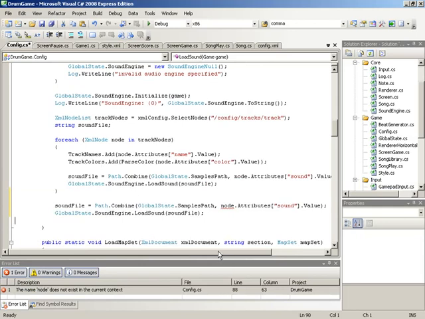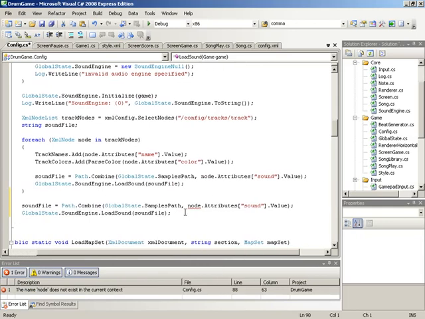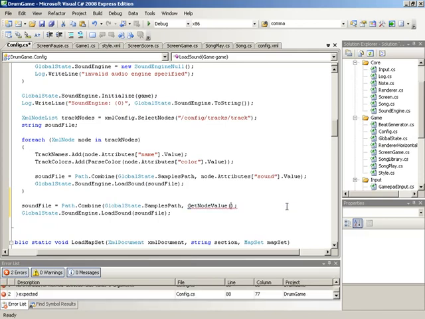Only this time, instead of dropping in the current sound value, let's load in the value currently held in metronome sound and click sound. To do that, we need to run a getNodeValue call, because at this point node attribute sound came from inside of the loop. Outside of the loop, we don't actually have access to a node. So what we're going to need to do is run getNodeValue, then we can simply pass in the name of a node. And we need the current XML document, which is XML config, and the node path is going to be quotes